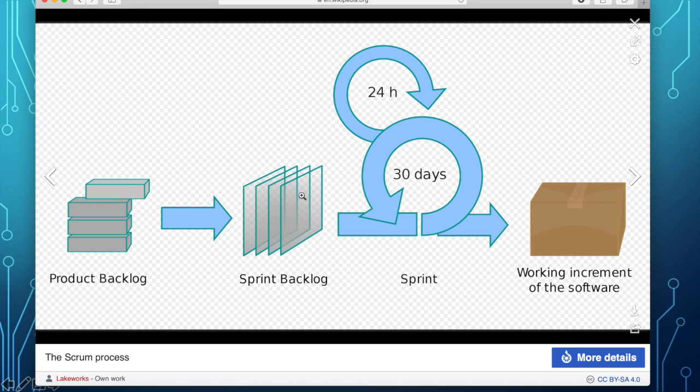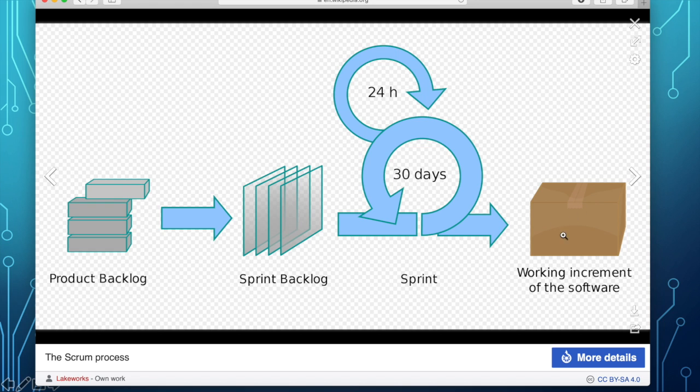For each set of functions that you decide you can do in 30 days, so that's a little over 4 weeks, you start development, but every day, every 24 hours, you meet. Okay, so it is a constant daily development. You meet daily, and then after 30 days are done, you produce a certain set of functions.